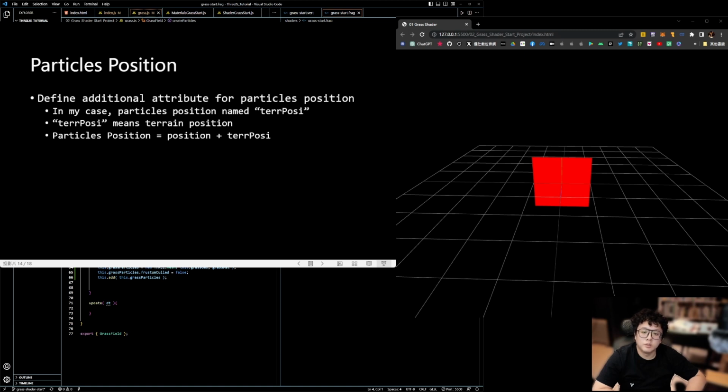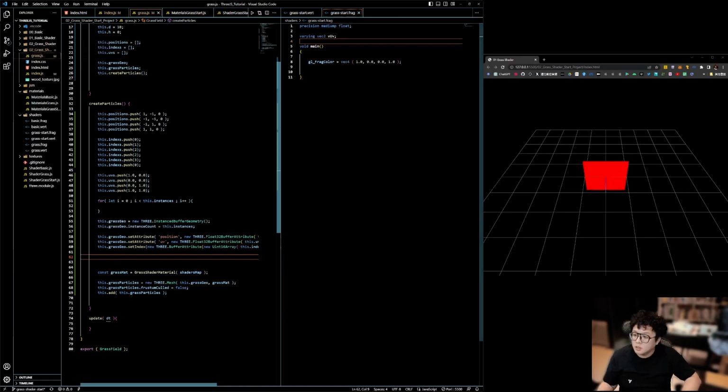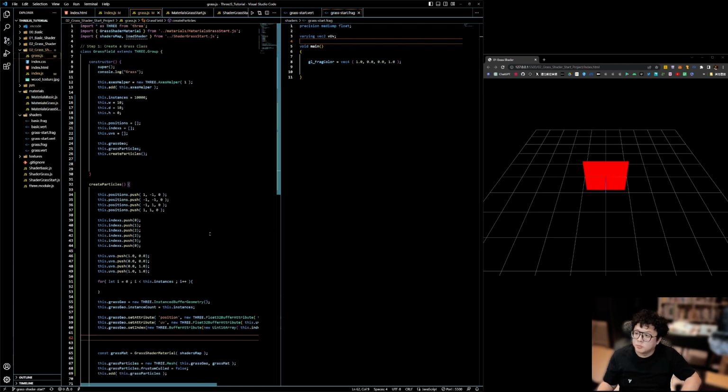This is because all of our particles are currently at the same position. We need to give them an additional position attribute in order for them to have random and different positions. We will name this position variable current position. So you can see the slide. When we add the terrain position, we add it to all the vertex positions, so we can get the final position. We start to add terrain position. First we add